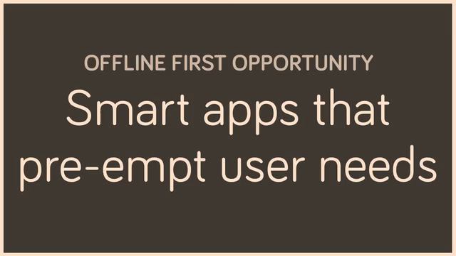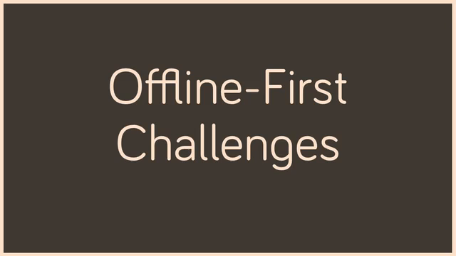But if you do manage to communicate this, you can have smart apps that preempt user needs. But as we saw, it can get quite tricky. So let's talk about the challenges as well. So it's obvious that there are a number of new things you could be doing, and that these new things require new interfaces, and in some parts, even a new design language, because you have to communicate stuff you didn't have to communicate before.